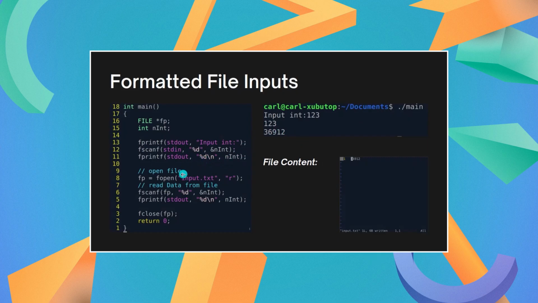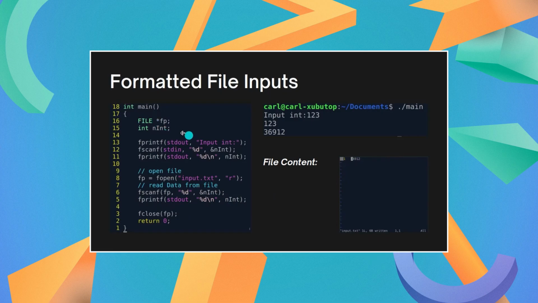And now, let's say we want to work with a file. We have a readily available file with the contents of 3, 6, 9, 12. And we want to read this. So we'll be using, of course, a file pointer, fopen, and we want to read the data from the file. So we're going to be using fscanf, which reads this line inside our input file. And then we want to output that to our console. So after tracing all of that,